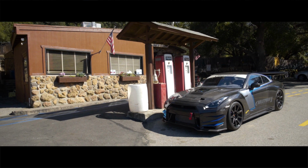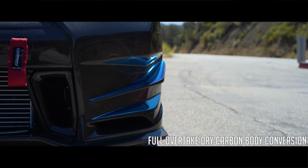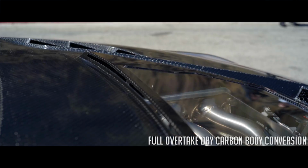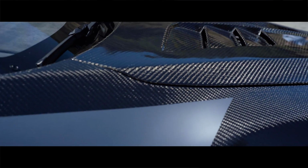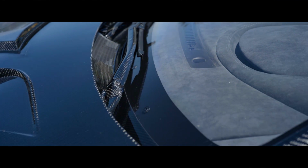So with this car, we didn't build a 1,000+ horsepower GTR, which right now is kind of the trend. We built a super light car, and the reason we built the car super light is we feel that it's a more enjoyable experience in every use versus something that's just good for drag racing or just good for airport runs. The car we have here today is down somewhere between 400 and 500 pounds, and the special thing about